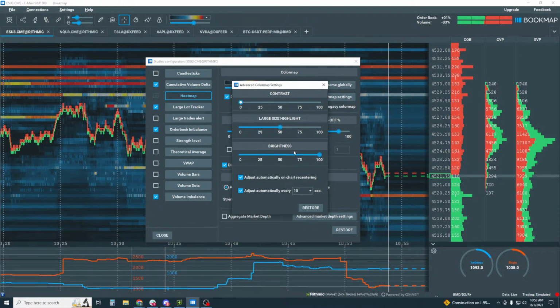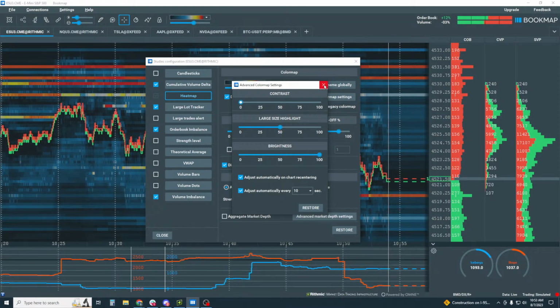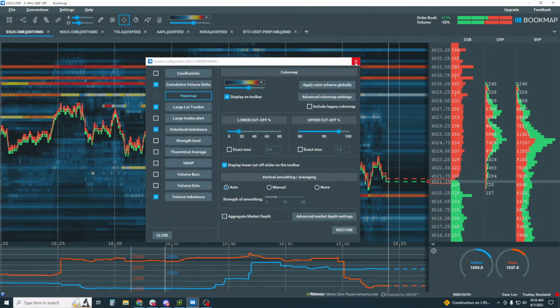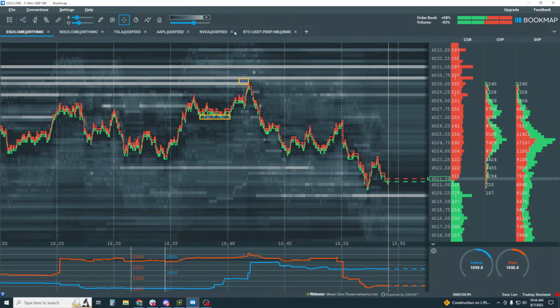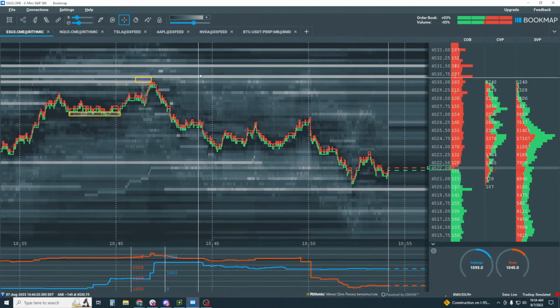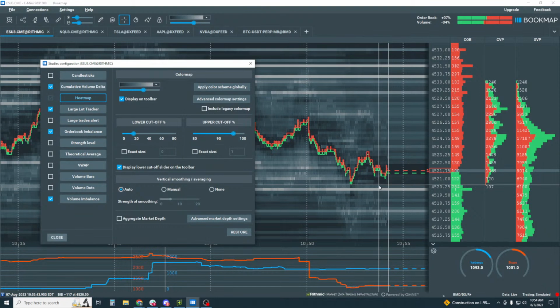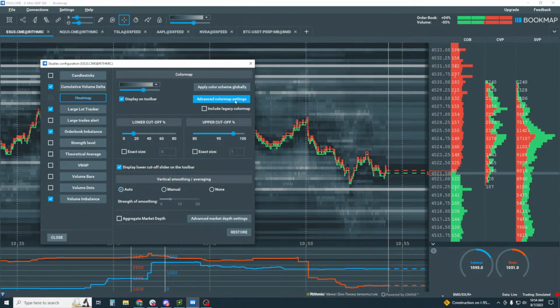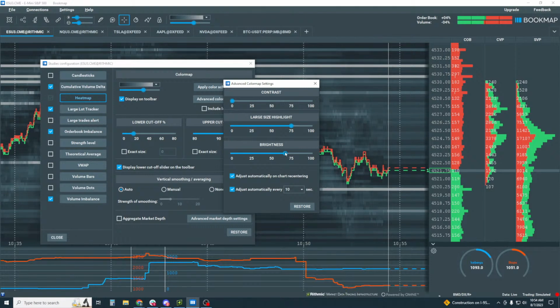We put these together because it was based off of a very old version of Bookmap, like version 4, I think, or 3, something like that. And it was for a black and white heat map, and people were having a hard time. We still have it. You can still use it here, the black and white. The reason that we put these in here was because sometimes people really couldn't see the contrast in here, and what we can do though is use these to filter a little bit better, right?